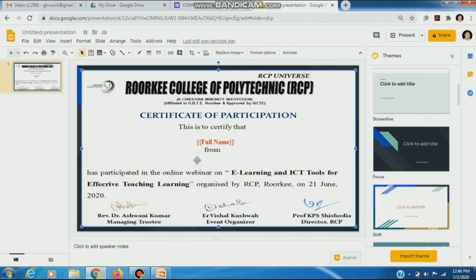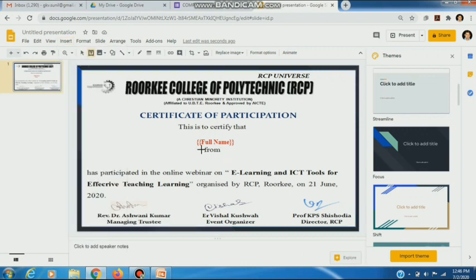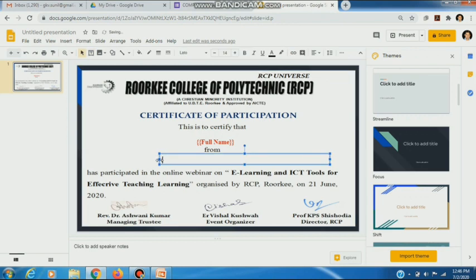Now I have to add the institution name also. I again choose one text box and draw it here. Again I take double square brackets and write other identifier.